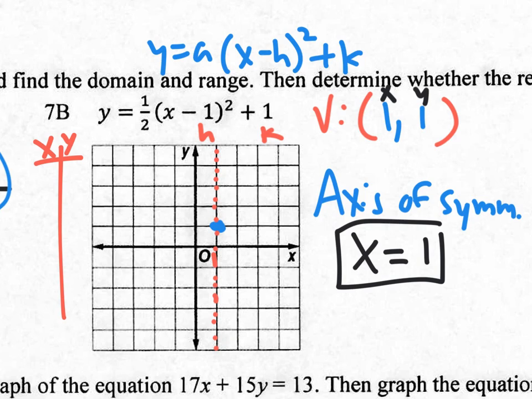But you know what? I believe just by looking at this and looking at the a value, is the a value positive or negative? Positive. So that means it's going to be opening up, correct? So just by that, you're going to be able to identify the multiple choice. So I'm sorry for the abrupt finish here. The 1/2, if it were a 1, it would be a 1, 1, 2, 4, but it's not a 1, it's a 1/2, which makes it just slightly wider. Slightly wider, probably not that wide, but that's a sketch right there, and you'll be able to see it on your